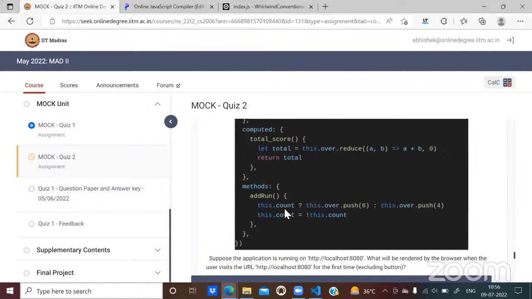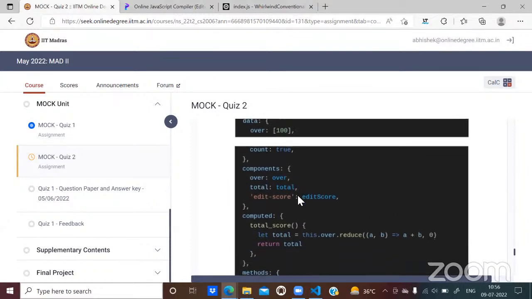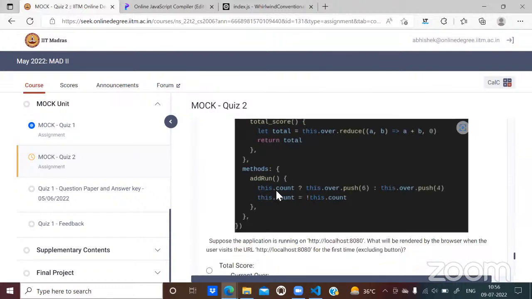So we first need to find out what is the value of this dot count. This is basically a ternary operation, a conditional expression. The way this ternary operator works is that if the expression given on the left hand side of this question mark evaluates to true, then the first expression is evaluated.